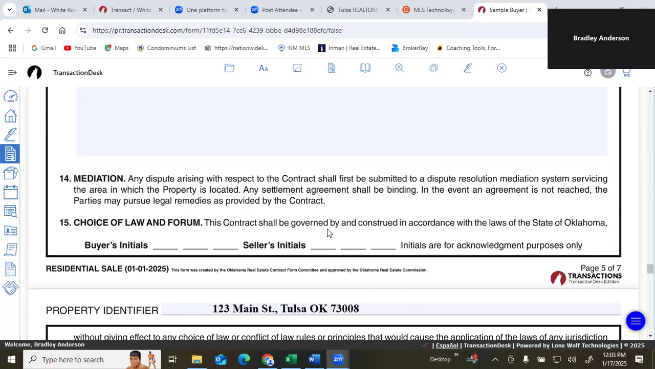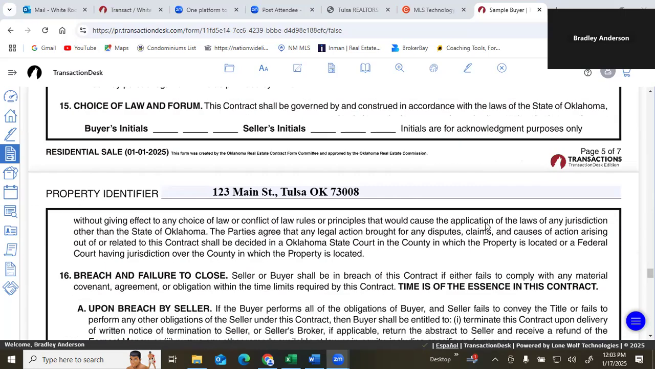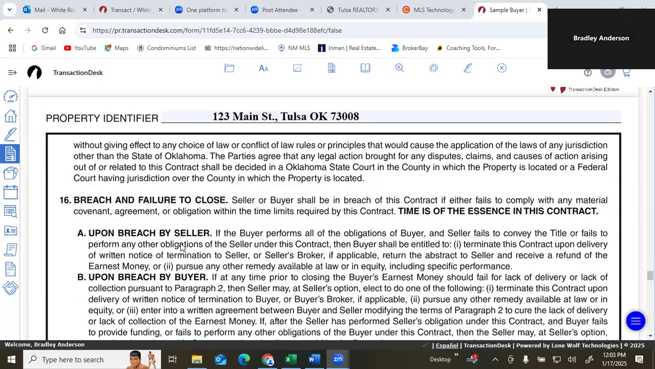This contract shall be governed by and construed in accordance with the laws of the state of Oklahoma without giving effect to any choice of law or conflict law rules or principles that would cause the application of the law of any jurisdiction other than the state of Oklahoma. So then it goes on to talk about